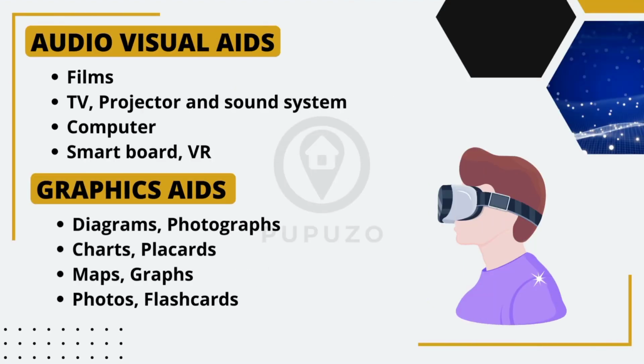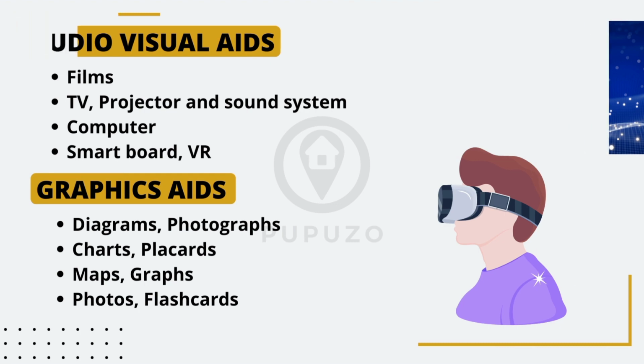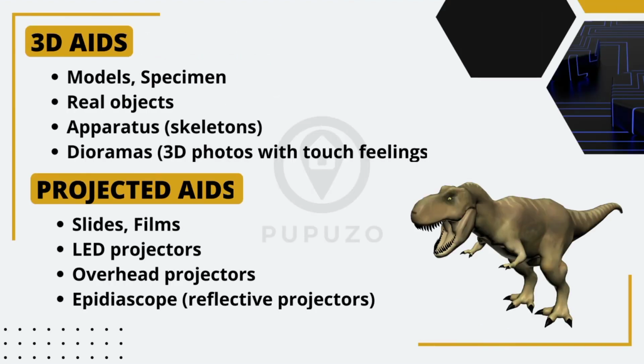Audiovisual aids, such as films, TVs, projectors, computers, smart boards, and graphics aids, combine both visual and auditory elements to create a multisensory learning experience. 3D aids, such as models, specimens, real objects, apparatus like skeletons, and dioramas with touch sensations, offer a tangible and